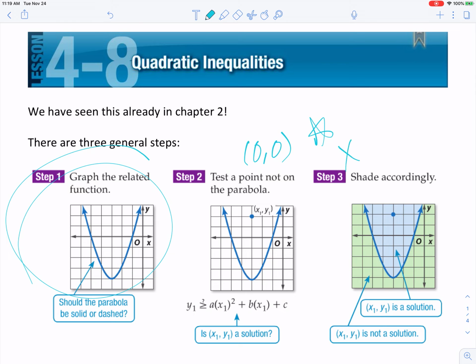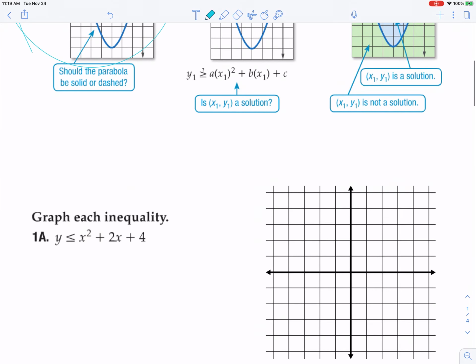So you're going to end up with some sort of U shape on your graph that you either shade inside the U or you're going to shade outside the U. That's what we're doing today. So let's do an example. I say graph, you say